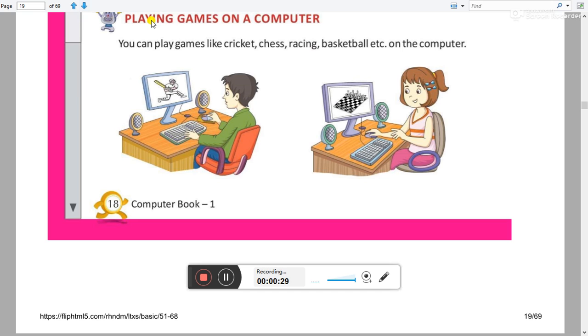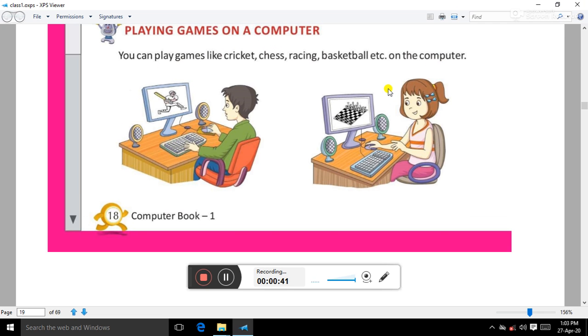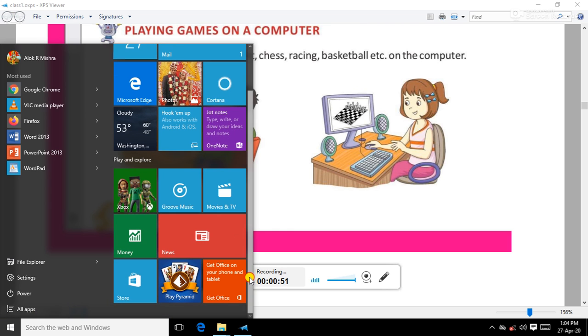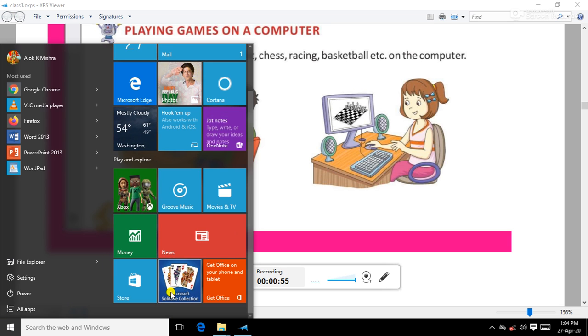The first activity is that we can play games on a computer. You can play games like cricket, chess, racing, basketball, etc. If you want to play a game on the computer, you have to press the start button, and in Windows 10 there is an option of Xbox, or you can simply go into the sports section.